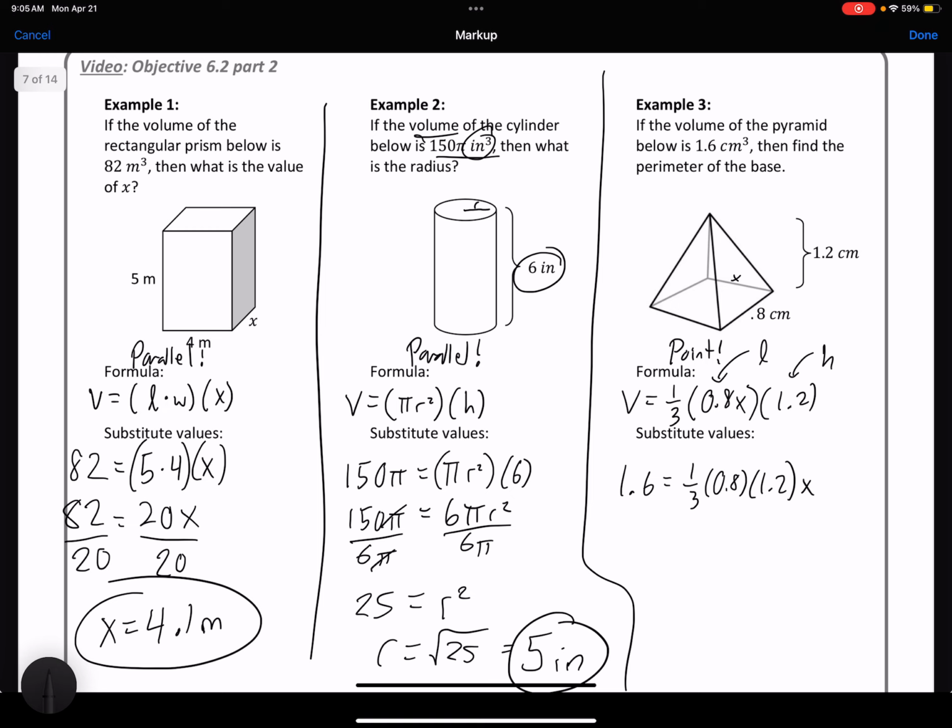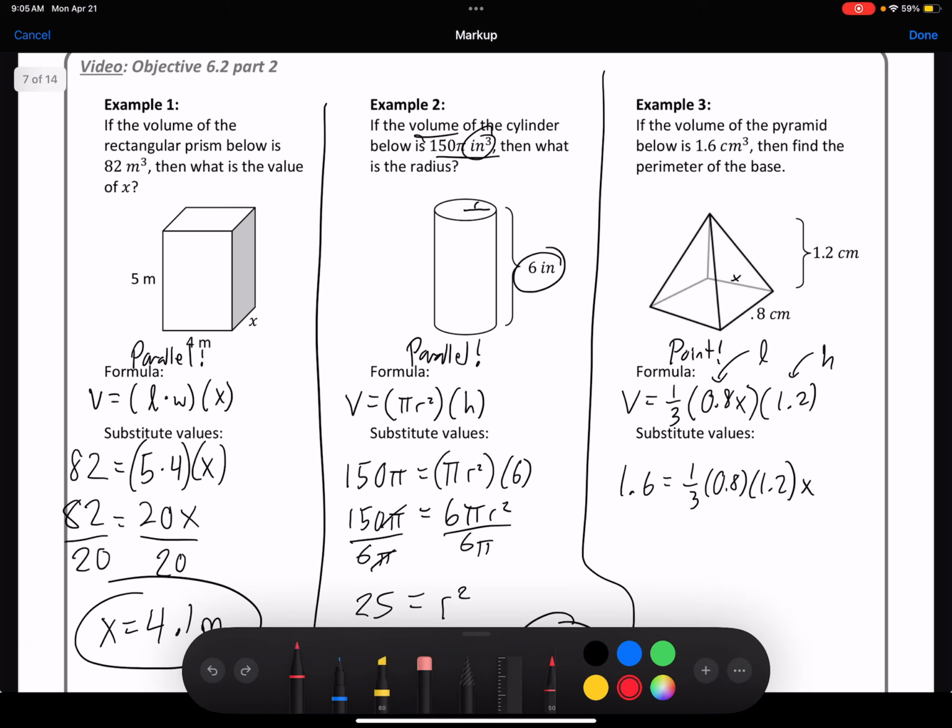You can get various different values, but one thing I'll note is that this 1/3 here, since it's a fraction, we should get rid of that ASAP. So I'm gonna multiply both sides by 3. I'll do that in a different color here. I'm gonna multiply both sides times 3, and that'll cancel out there. 3 times 1.6 is 4.2, if I'm not mistaken. No, 4.8. So we have 4.8